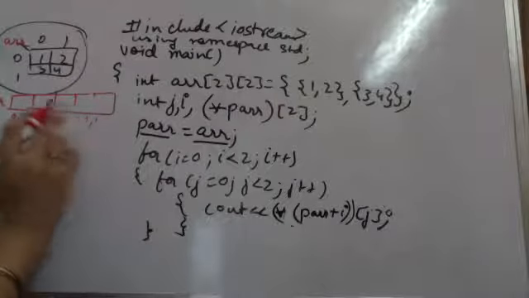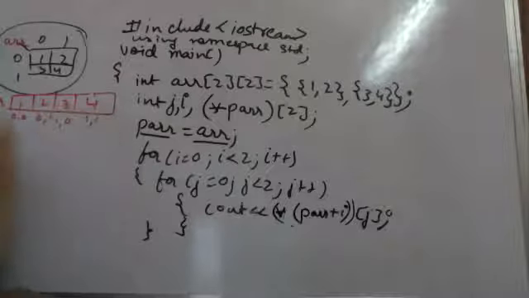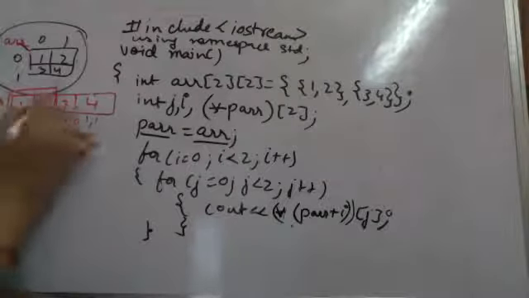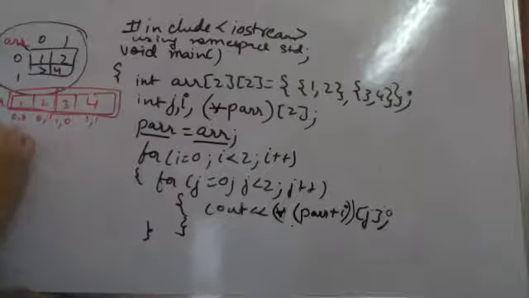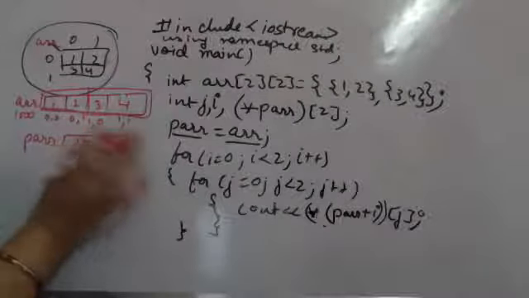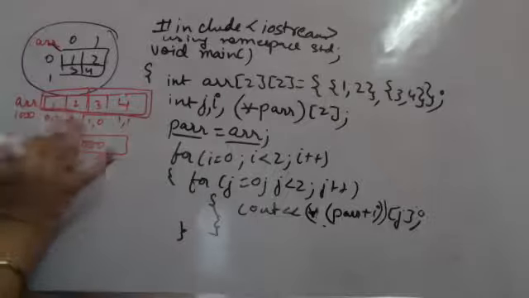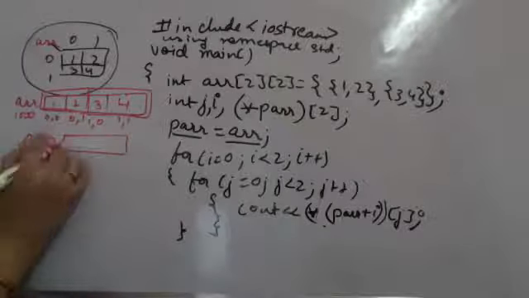This is how it will be created in the memory. 1, 2, 3 and 4 will be stored here. This is my row 1 and second row. This is how it is stored in memory. Now I am saying that the pointer to the array is storing the base address. Supposedly 1000 is the base address here. I am saying that this base address is stored in the pointer to the array. And I have also mentioned that P array is having the same base address 1000.